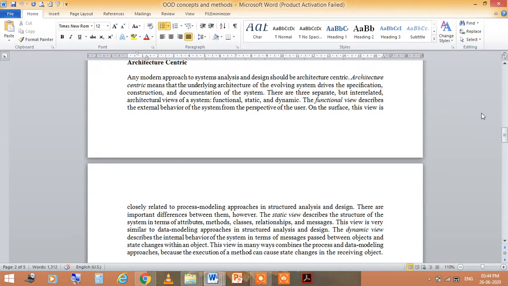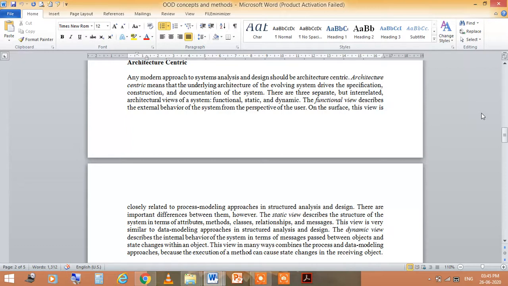The static view describes the structure of the system in terms of attributes, methods, classes, relationships, and messages. This view is similar to the data modeling approach in structured analysis and design.